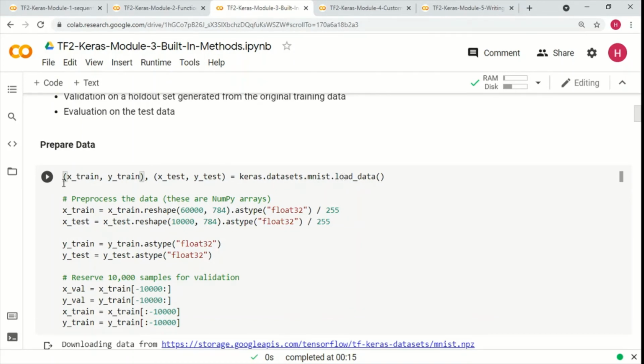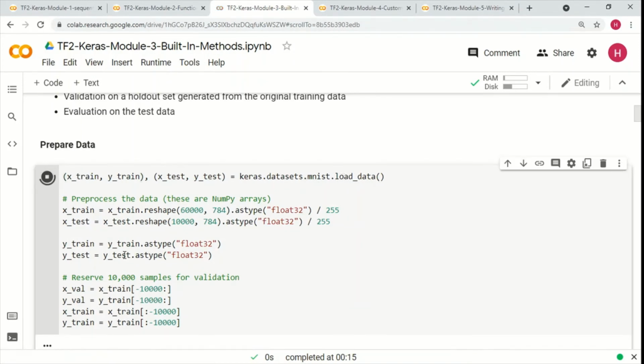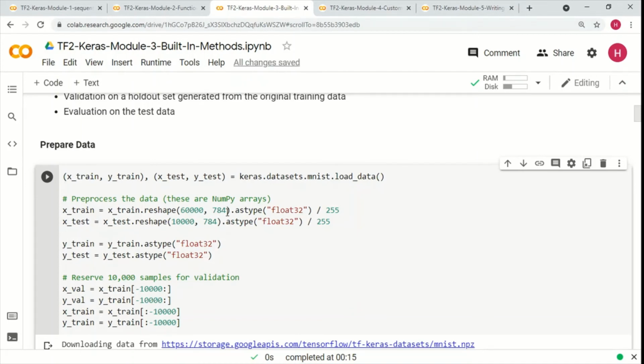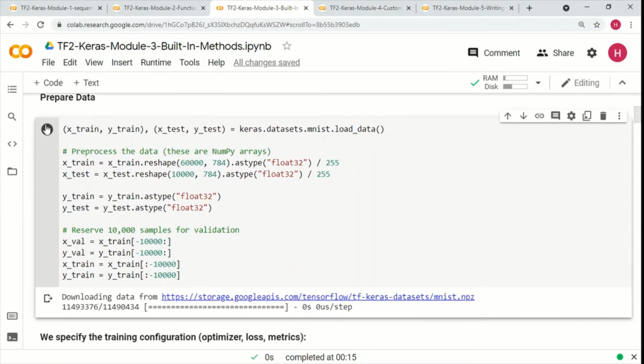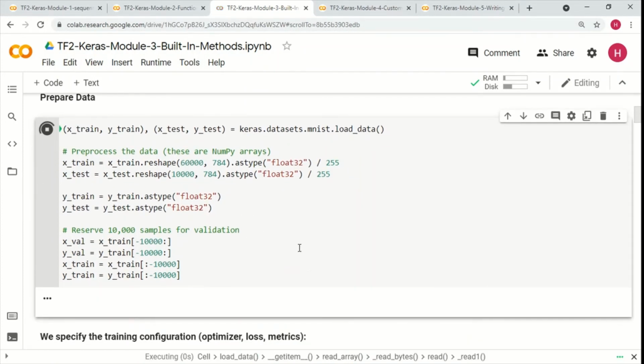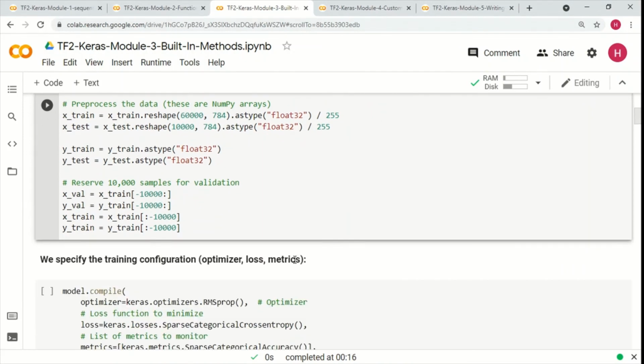We are loading MNIST and then we split it. We reshape, because these are images, 28 by 28, so they are reshaped as 784, with 60,000 samples for training and 10,000 retained for testing.